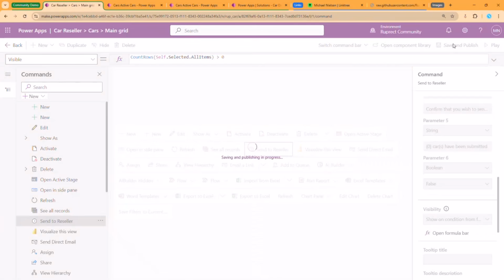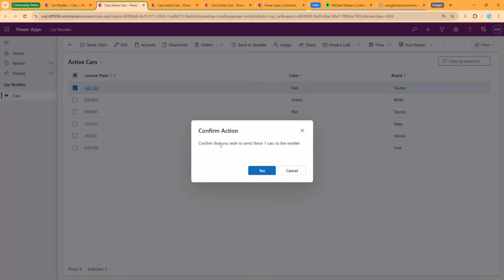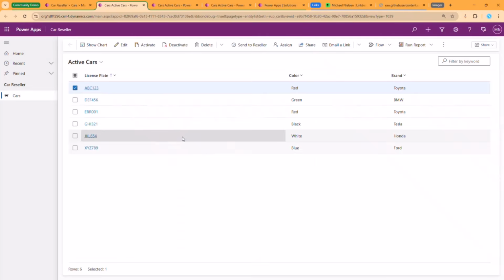But let's see what this did. I'll save and publish. And play. So let's see if it, sometimes you need to do an extra refresh to get the button to work. Here. So now you can see I have the send to reseller. So if I select a single car, send to reseller, confirms that I wish to send one car to the reseller. If I instead select multiple,